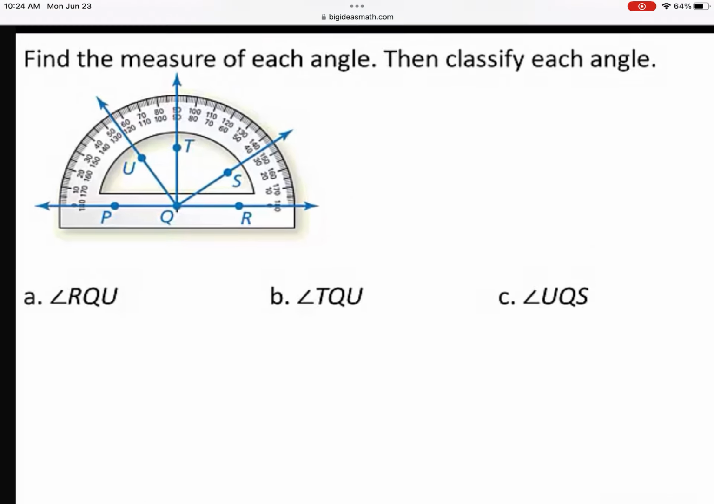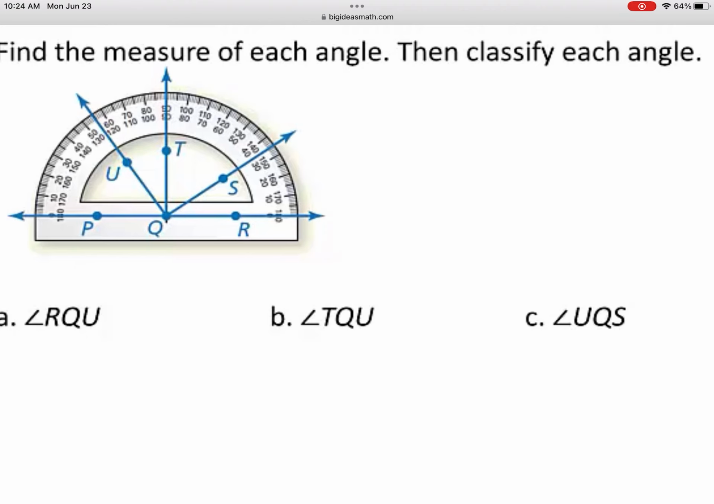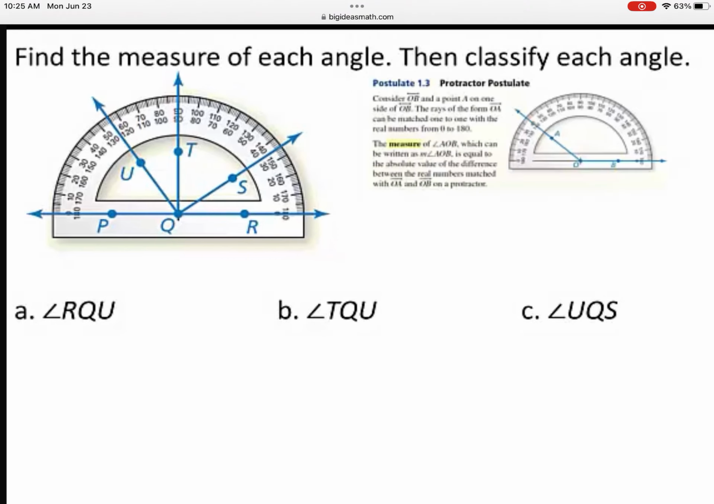Find the measure of each angle. Then classify each angle. A. Angle RQU, B. Angle TQU, and C. Angle UQS. To find the measure of each angle, you can use the protractor postulate, which states that the measure of an angle is equal to the absolute value of the difference between the real numbers matched with the 2